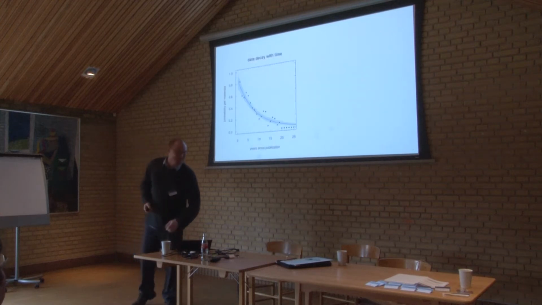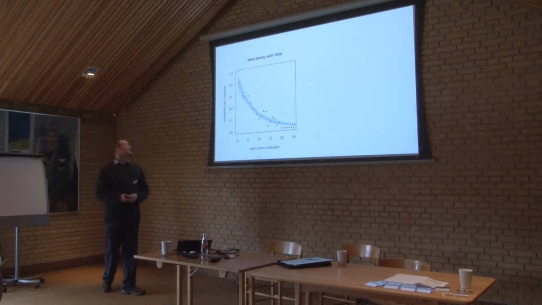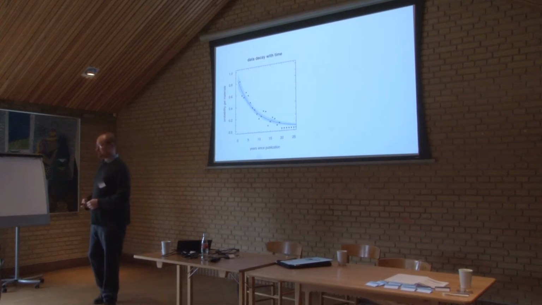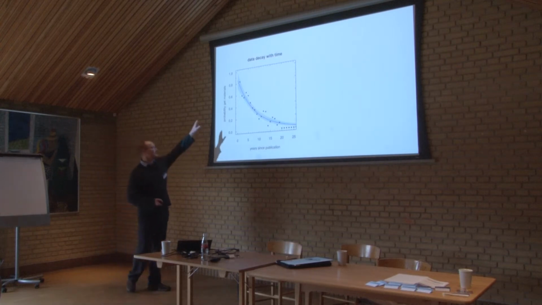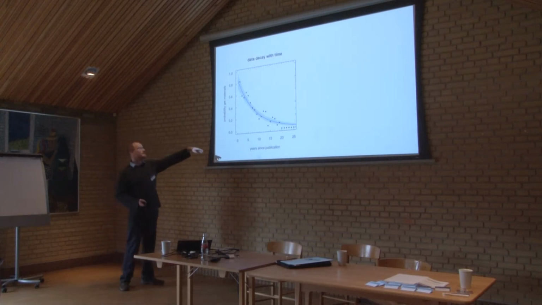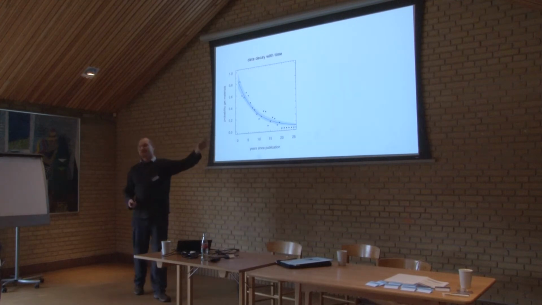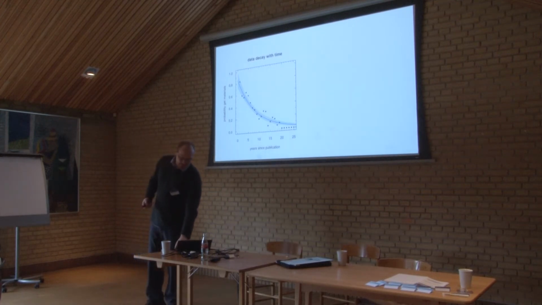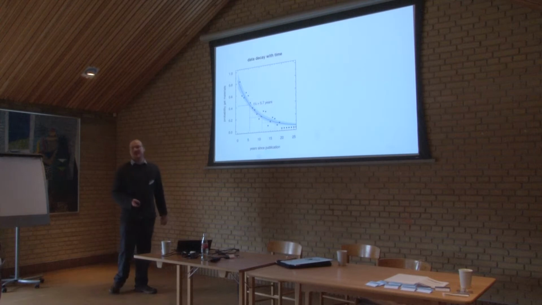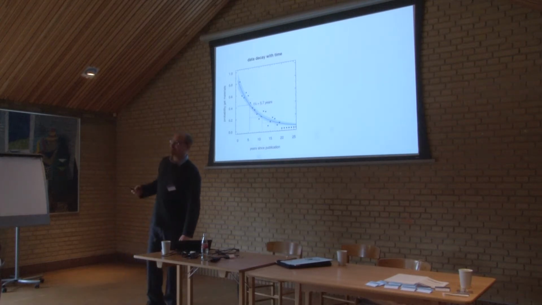So one of the ways we can look at this is by analyzing the probability of getting materials as a function of things like year of publication. If I take here the data itself, this is the yearly averages, the black dots, I fit an exponential decay function to that. I can calculate from this a half-life, which in this particular literature is 5.7 years. So every 5.7 years, half of the data, half and half and half, becomes unavailable.